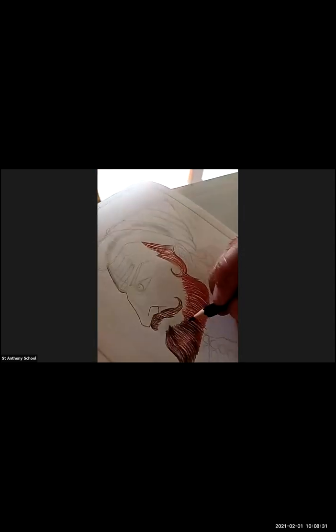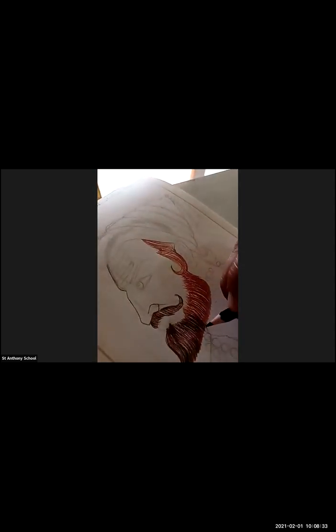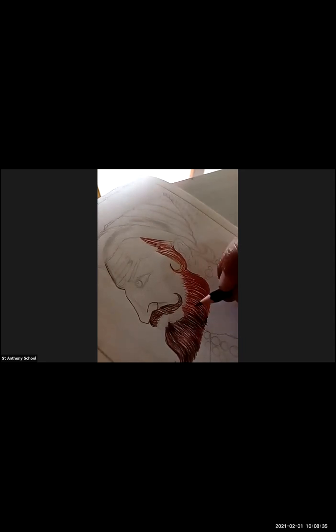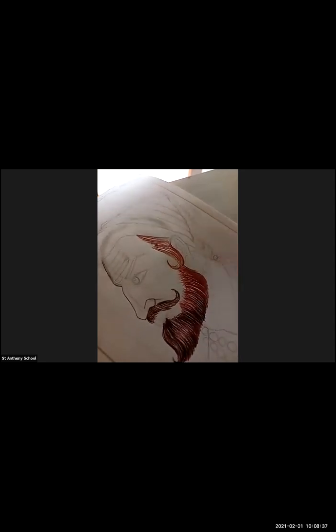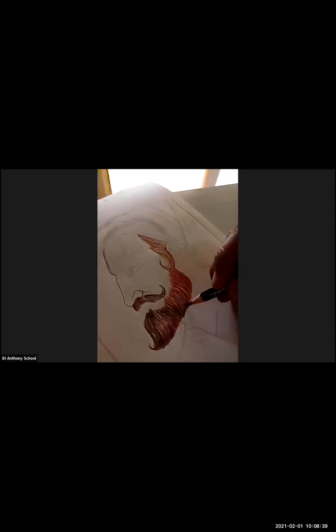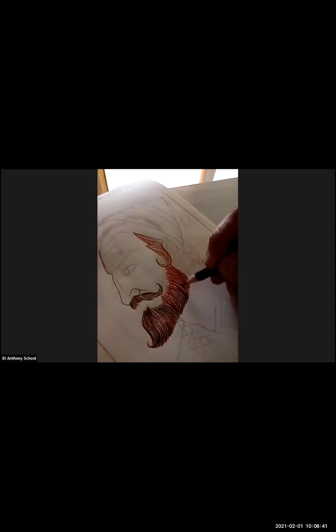Just look at this. You have to do it properly. Okay, the hairs, the beard.